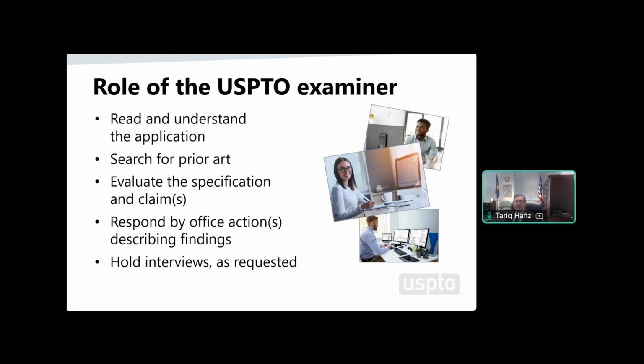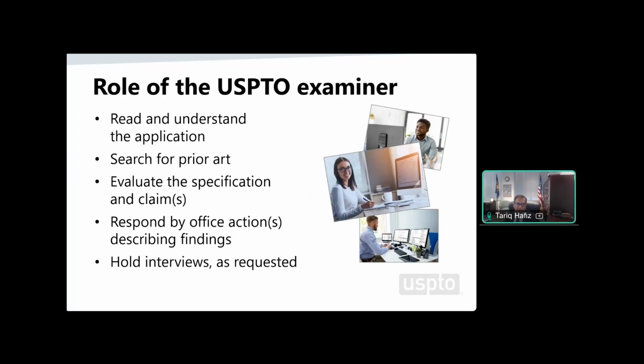So what exactly is the role of a patent examiner, and what do they do on a daily basis? All right. A patent examiner has to understand the patent application first. Most of our patent examiners are engineers or scientists because they're technology experts, right? Your invention has a technology. And some of our examiners also have law degrees. They're attorneys and scientists. The examiners review the contents of the application for compliance with all of our legal requirements. That includes searching for prior art to see if there are earlier teachings of your invention